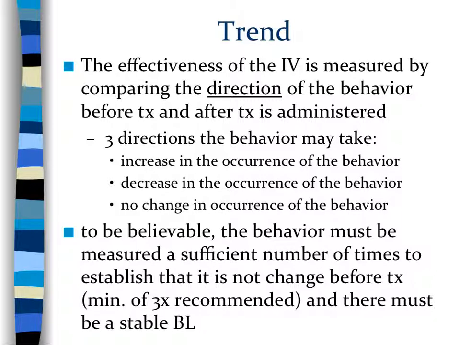To be believable, the behavior must be measured a sufficient number of times, and usually the magic number here is 3. You definitely must have 3 stable baseline data points, 3 stable treatment data points, and if you are doing a repeated measure, then you should have 3 stable points which indicate that the individual has maintained the data. So the magic number is 3, but the critical word here is stable. Unless you have stability in the data that you are collecting, whether at the baseline or the treatment phase, you will not stop collecting data during that phase.